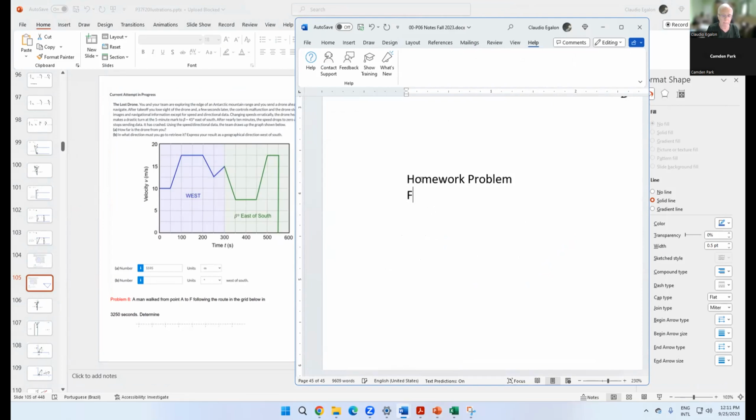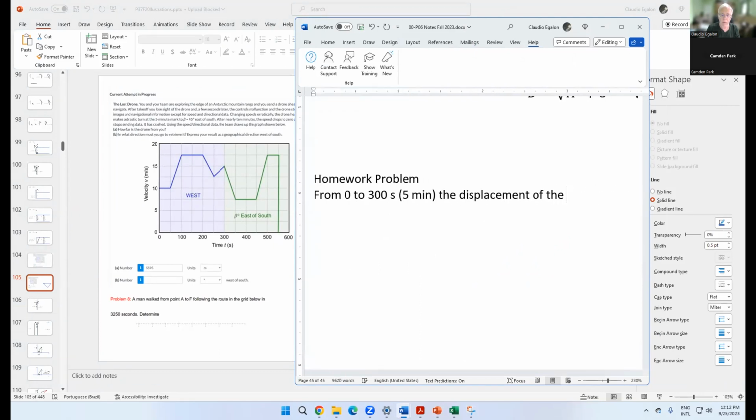From 0 to 300 seconds, 5 minutes, right? The displacement of the drone was 50 times 10, right? This area, 50 times 10 meters